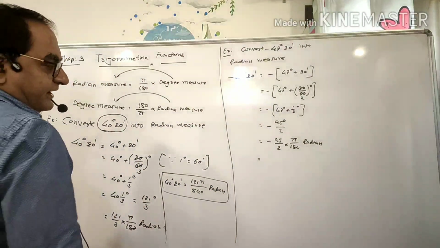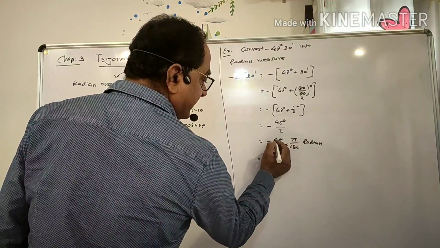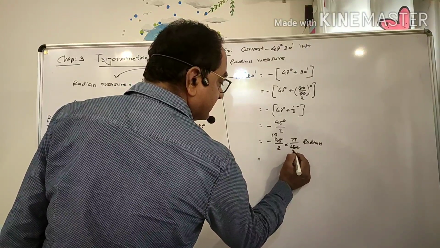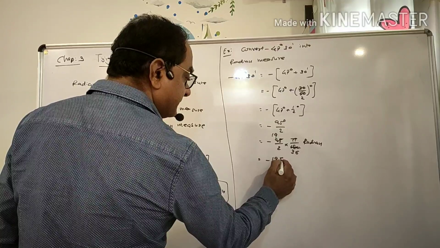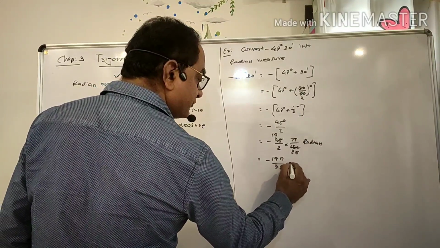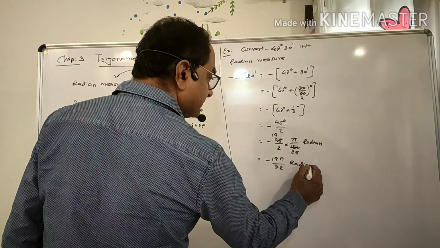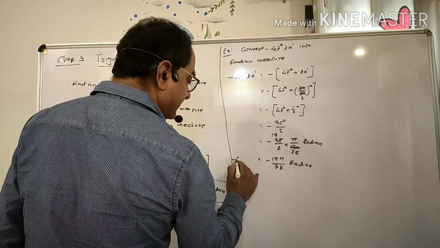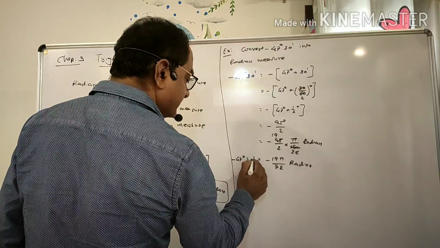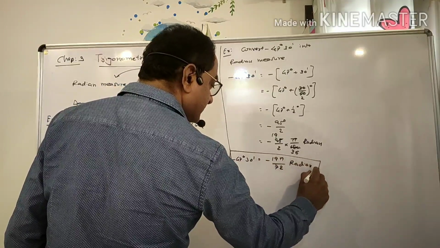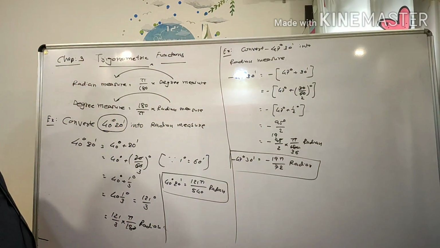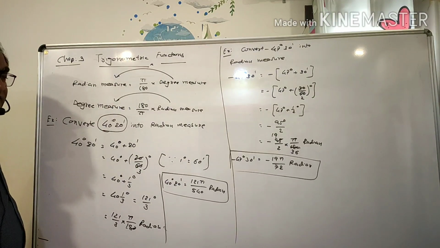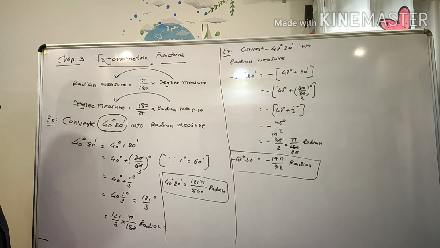Here we can cut the numbers 5, 19 and 36. Okay, it will be 19 pi by 72 radian. So minus 47 degree 30 minutes is equal to minus 19 pi by 72 radian. So it is like this. We have seen